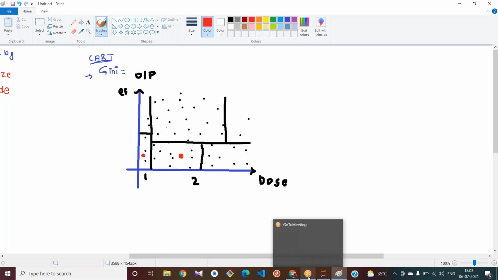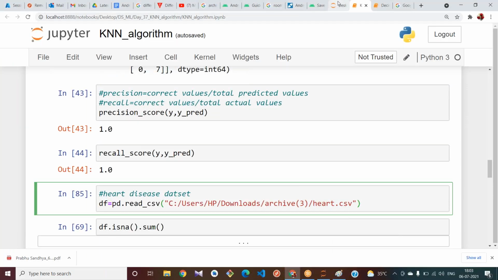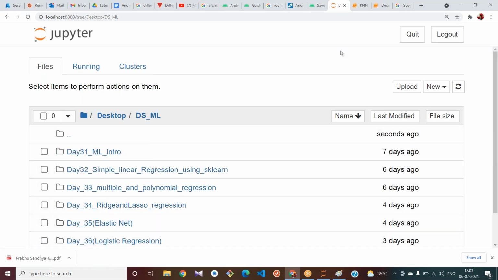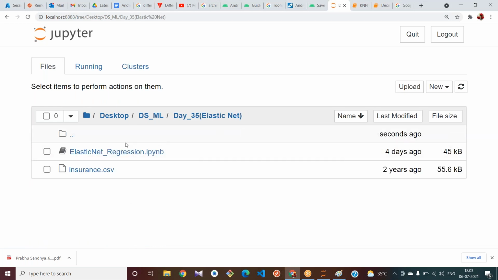Let us apply it. See, what is the regression data set we used in the last class? We used one data set, the one from when we were completing elastic net.